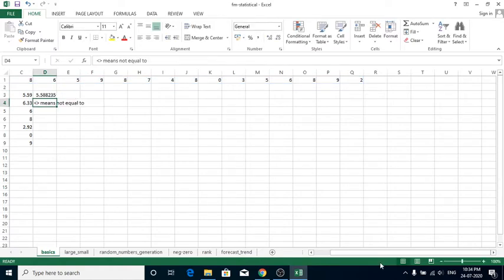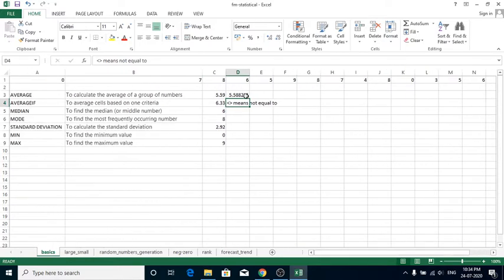Here is the result. In this result, if you want to format, you can reduce the decimal part also. So I am just reducing the decimal part. Here it is. Now, what is median? It is used to find the middle number. From this range of values, it will find the middle value. So equals MEDIAN of that cell range. You have to select the cell range as we did in the average function, and the function is MEDIAN.